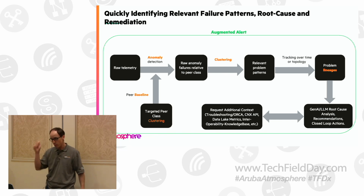So what we do is we have these flows where we go to the device and ask for more information. It's listed under here as APIs to the device. I listed it as CNX. So from CNX, if we find a problem and we don't have enough information to troubleshoot it, we'll go to the switch, we'll go to the gateway, we'll go to the AP and ask for additional information. In addition to all this, because we have a data lake of 4 million devices, 1 billion things,